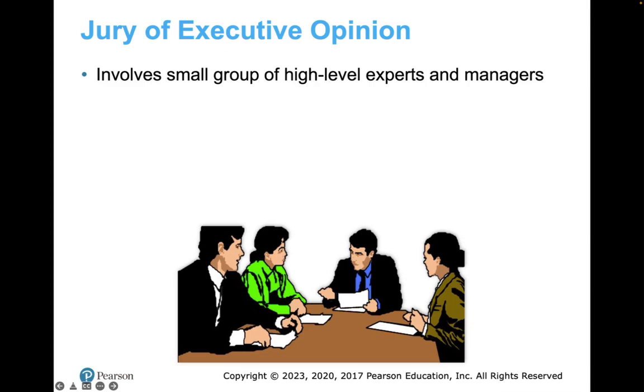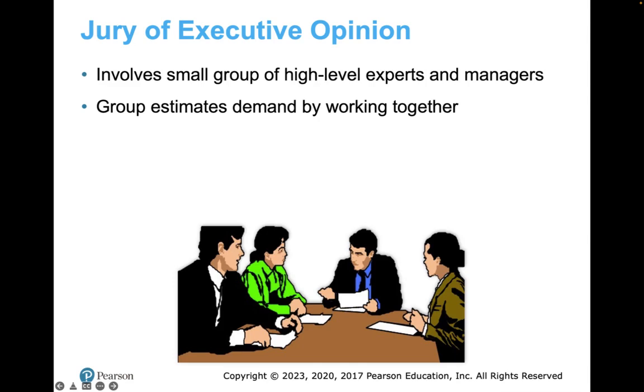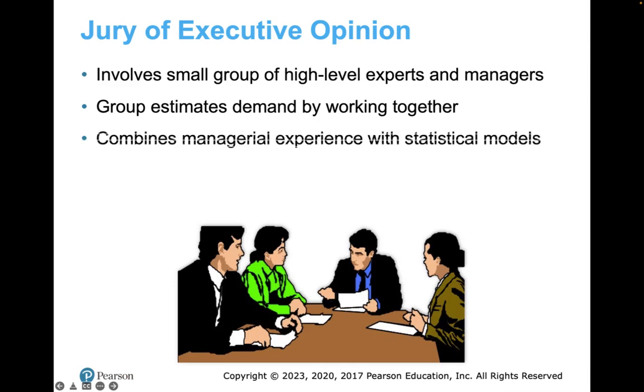All of these questions they might ask, basically they're just going to come up with some sort of estimation based off of the conversation that they have. Now, again, they're going to use that managerial experience. There might be some data as part of it, but for the most part, they're just going to use the experience that they had. They might have managers that have been there for 10, 20 years. They probably have a good understanding of what to expect.